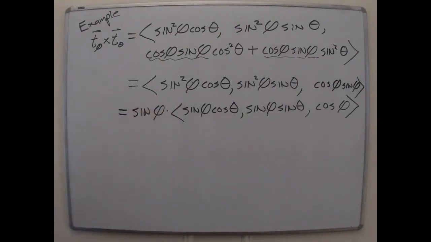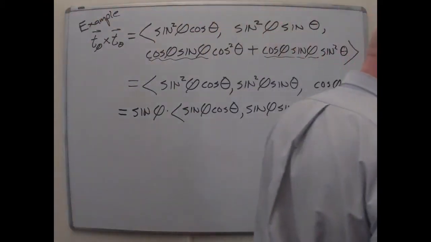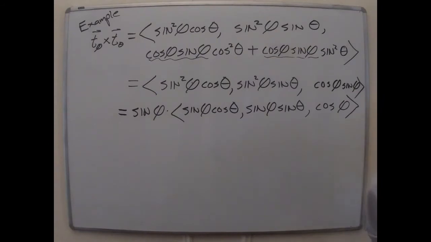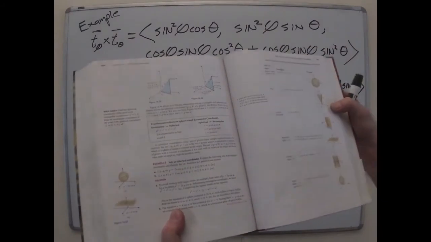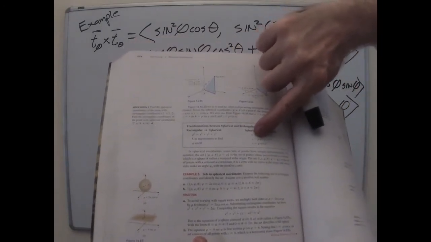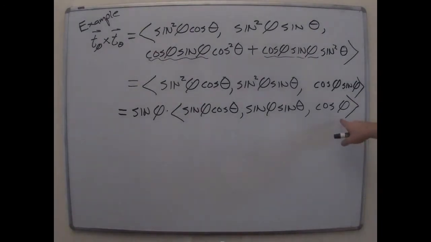And that last vector that I've just written down seems very familiar to me. Does that seem familiar to you? It's the spherical coordinates parameterization. Sine phi cos, I'm reading it from the book now. This is what I'm looking at on page 1054. I've got this table that has the spherical to rectangular. Sine phi cos theta, sine phi sine theta, cos phi. That's our guy. So if you care about the length, this part is length 1.